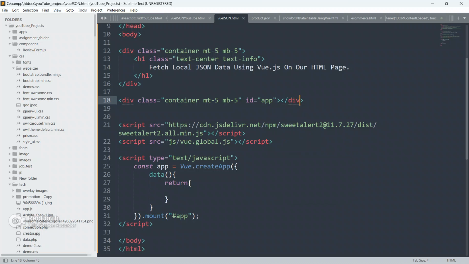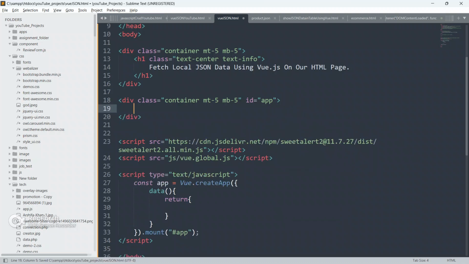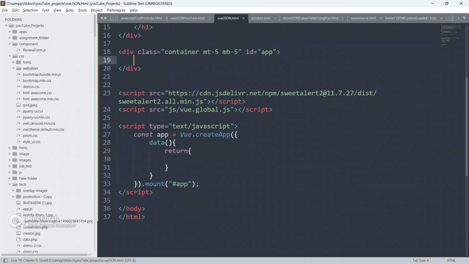This app from here, paste it here, and close this div. So guys, now you all know that this entire div has been mounted with this instance of Vue.js. So guys, always remember, this entire div has been mounted with this instance of Vue.js.